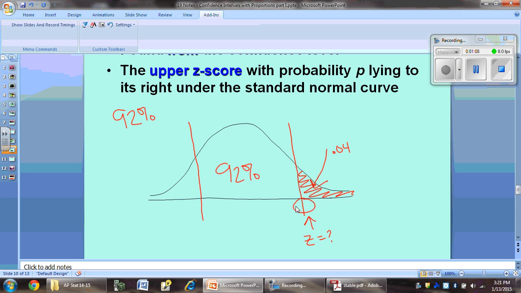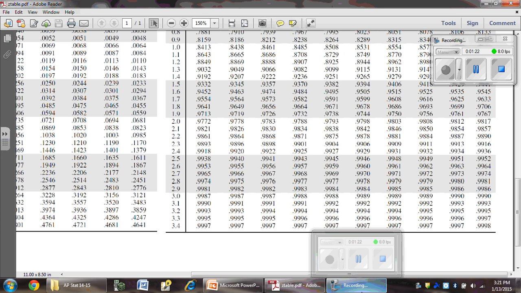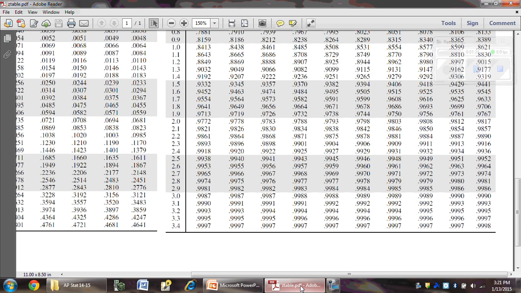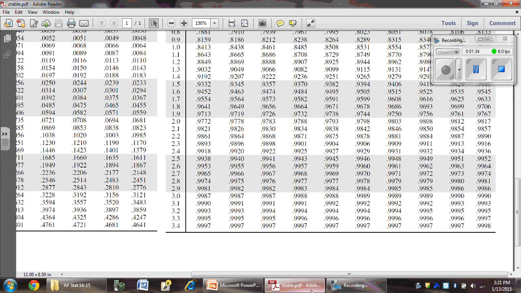So if we want to know what this actual Z-score is, we need to be looking at 0.96 on our table. So I'm going to show you the table first, and then I'm going to show you how to do it in your calculator. So on the table, I'm looking for 0.9, what did we say? I have a bad memory. 0.96 is what we're going to look for, because that is the probability that would be under. So I'm going to look through my list here, and I'm going to look for as close as I can get to 0.96,